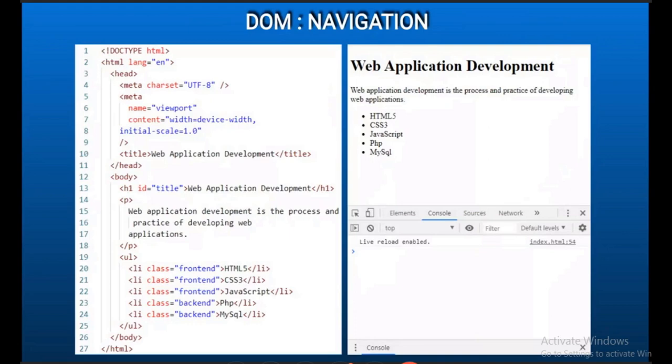In DOM navigation, what I mean is accessing each and every element in the DOM tree. We can use several methods to access this DOM tree.